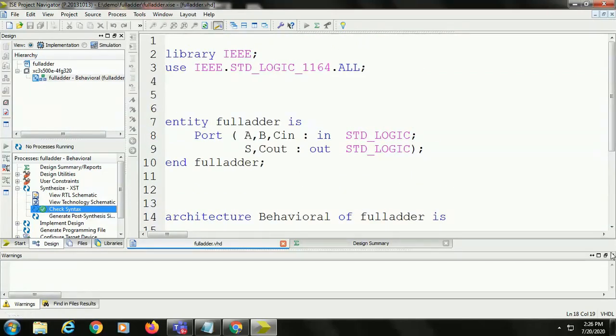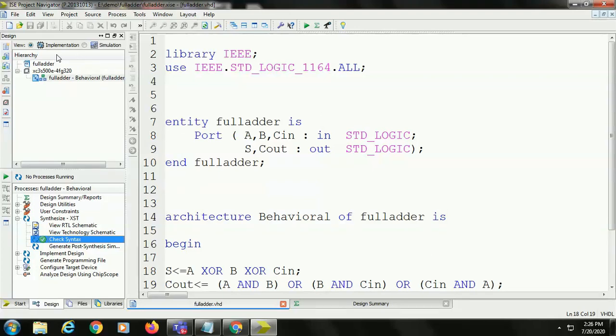After that, we are going to test the functionality or the output of this program by using a test bench program. So you have to create another program called test bench. In the test bench program, we specify the inputs to this full adder, so that you will get the outputs for those given inputs.